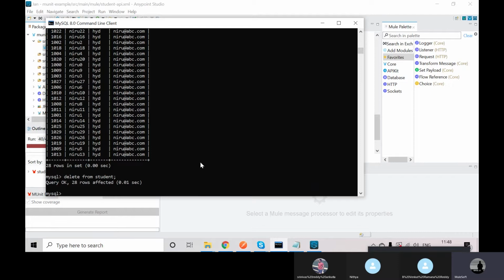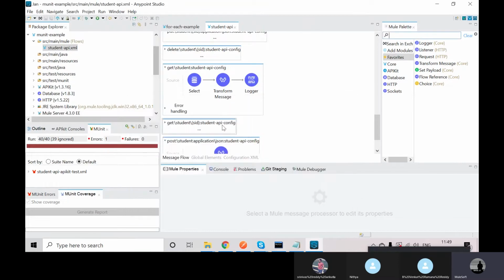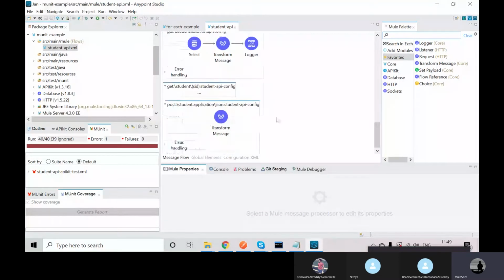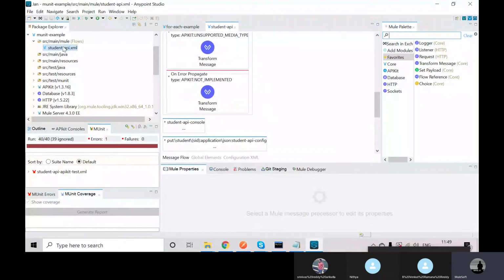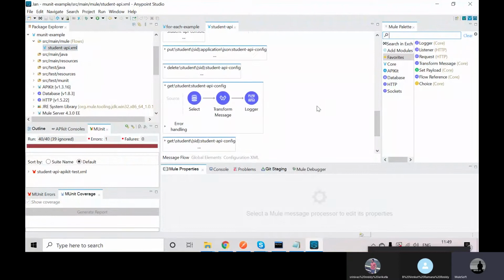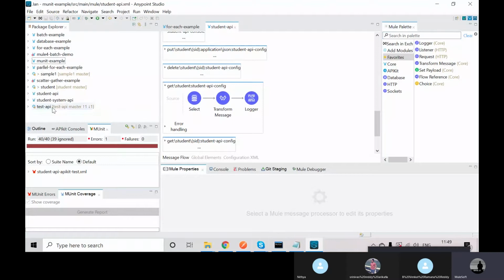Otherwise I'll remove all records. Actually, I'm going to perform operations for inserting the data into the database. So for that I'll use one thing. Hello, I'm getting an echo actually.